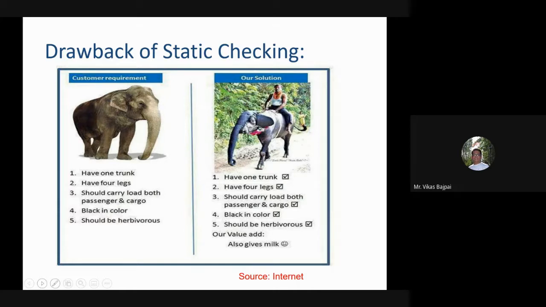With this particular example, I'm trying to explain that static checking has a drawback as well.